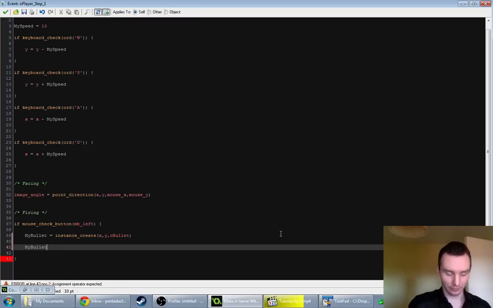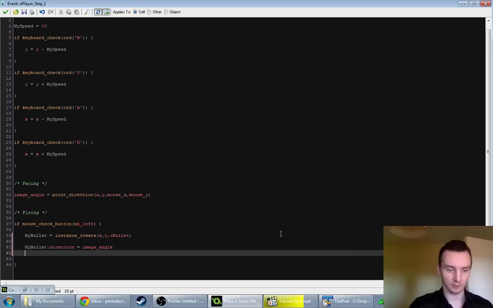So yeah, we can access myBullet by just typing its name, and then we do dot, and the property we're going to set is, let's set its direction first. So we can just do myBullet.direction, which I didn't know until I just looked it up. And we're going to say that equals image_angle, because that's the direction we're facing, right? We want the bullet to fire the direction we're facing. That will be towards the mouse, but we don't need to recalculate that. So then we just need its speed,